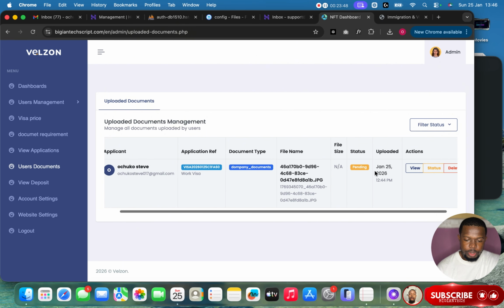Then I'll come here and click status and verified and approved. Then update status. As I come back here, I reload here again. As you can see, document review. Current visa application status. The application is currently under review. Okay, since we've verified this,